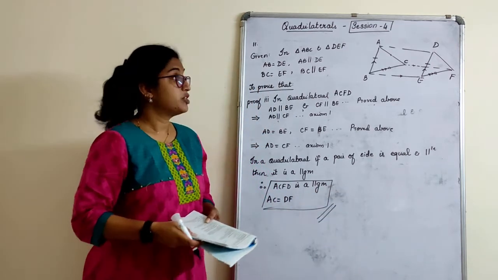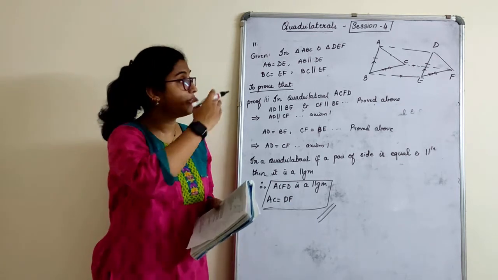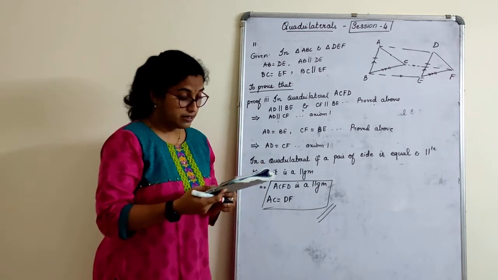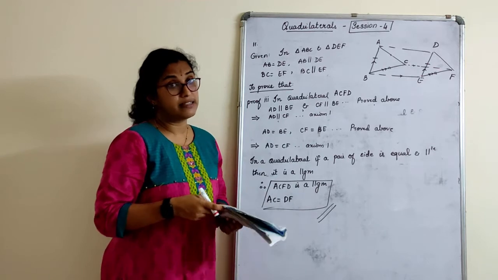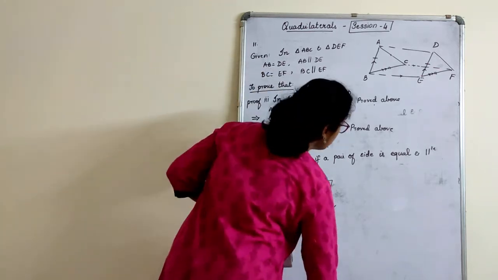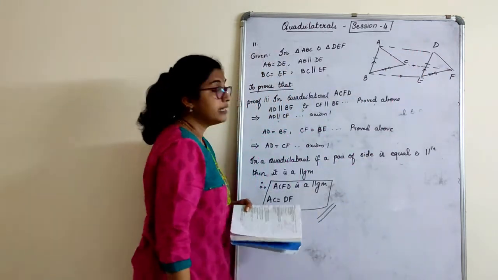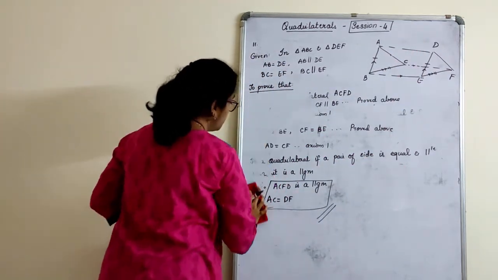Hence, proved. So, nothing is there in proving congruency here. Only from the given data what we have, we went on collecting it and proved that the given figure is a parallelogram. Last one. Now, we need to prove two triangles are congruent with all the information what we have. That is triangle ABC and triangle DEF. I am going to erase this whole thing now and prove the last part.